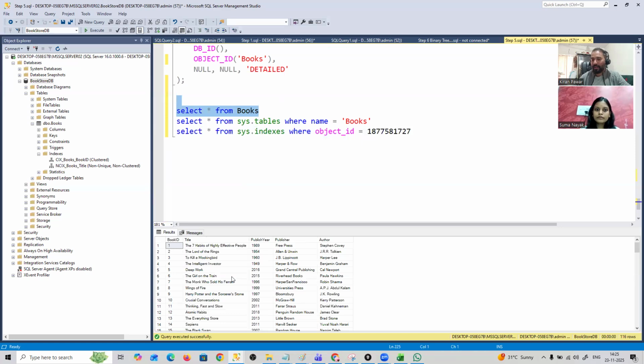It will be split based on 8 KB pages. Have you ever wondered, if this is my book table and in it I have 116 rows stored on my disk,